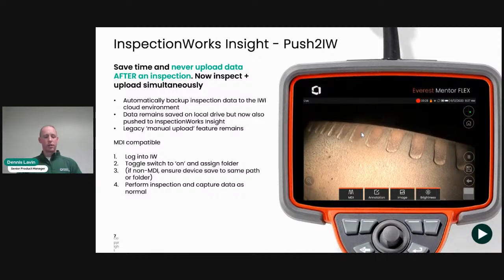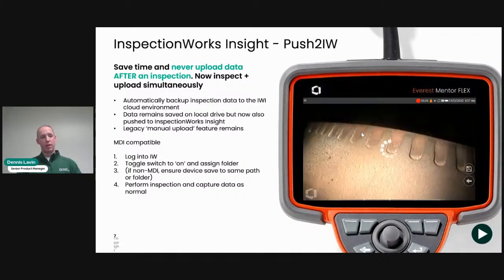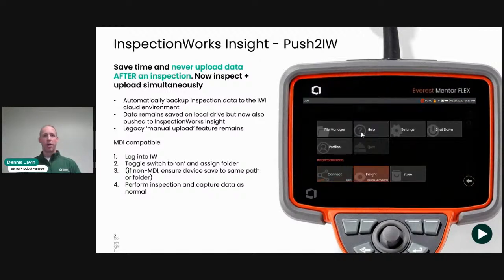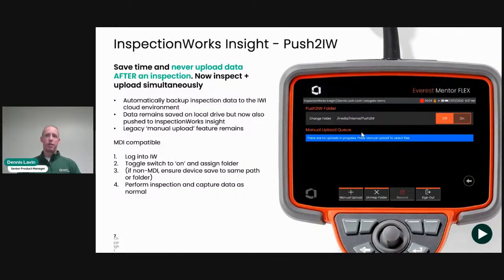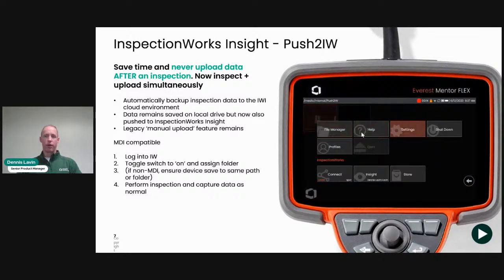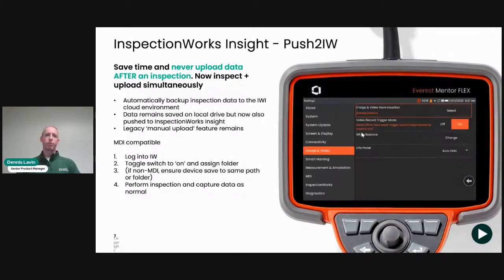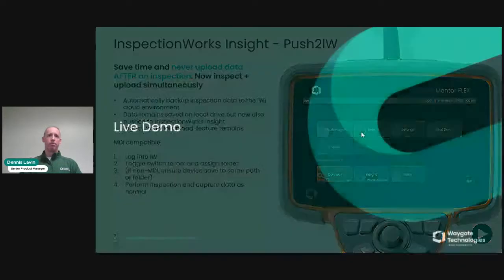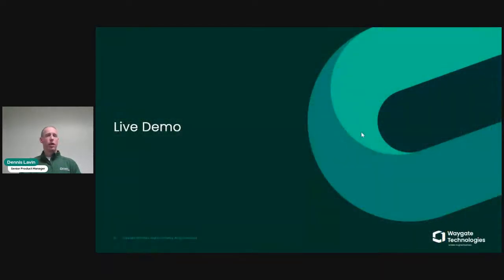So the data is saved locally. It has a 32 gigabyte internal memory, so you can save to that. It's saved locally and pushed to the cloud. So you have that backup and that safety there. And we'll show you that once it gets to the cloud, there are some powerful tools in InspectionWorks Insight where you can share it, manage it, sort it, filter, and create other reports as well. So with that, let me transition to a live demonstration